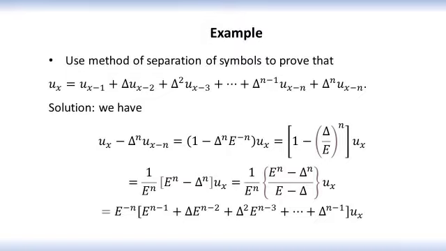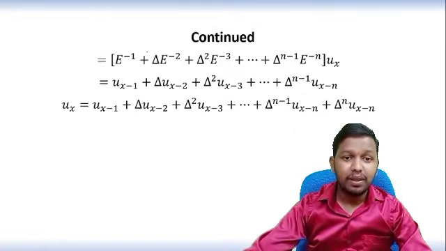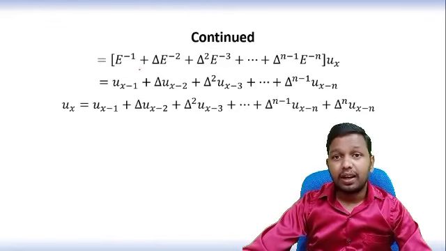So therefore on expansion of this ratio we get E power minus n into E power n minus 1 plus delta E power n minus 2 plus delta square E power n minus 3 plus and so on delta to the power n minus 1 into ux,